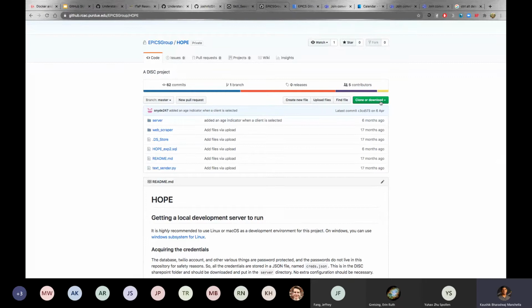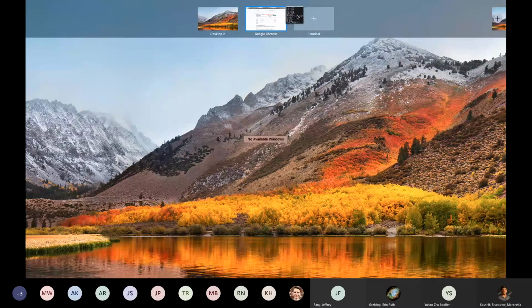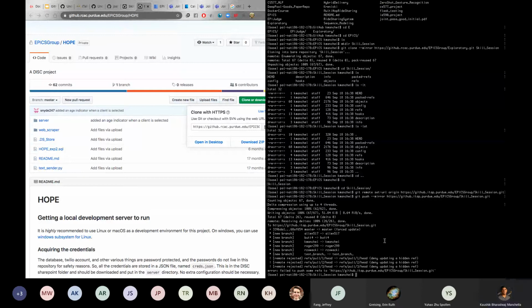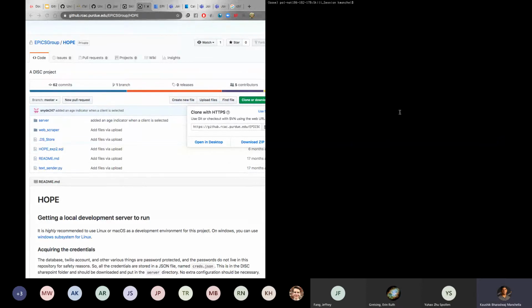What happens when you clone is you have a link over here, and this is a repository link. You take a copy of it, and I'm going to use my terminal. Is anyone unfamiliar with using shell scripts or Linux commands? I'm going to be using a combination of shell and then specific git commands. So bear in mind,